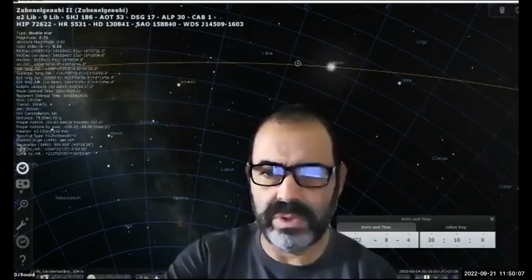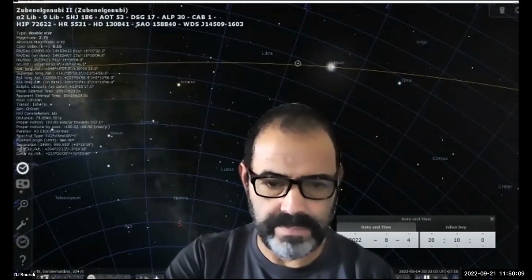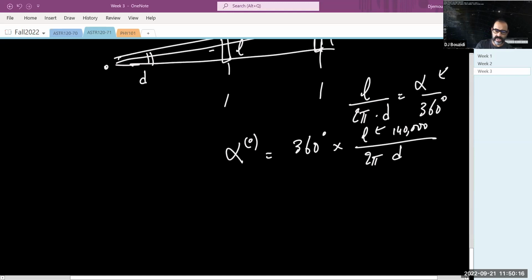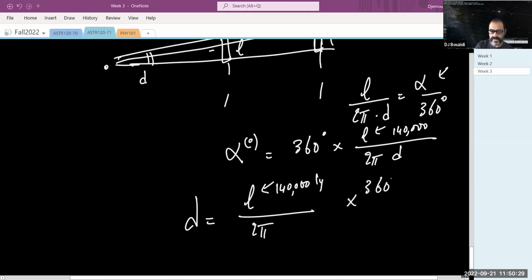So again, let me share with you the other screen. For the case of Andromeda, you want to find D here. You don't know what D is. So you say D is equal to the size of Andromeda, which is 140,000 light years, divided by 2 pi times 360 degrees divided by the size of the Andromeda. So from here, plug in the numbers, and you should be able to find how far away Andromeda is from